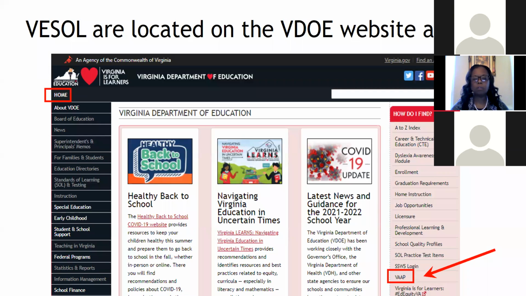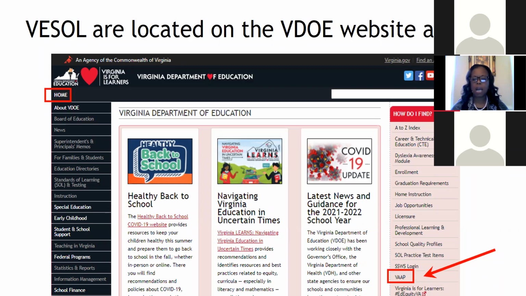Well, the VESOLs are located in the same place. If you go to our home page, and you would get to our home page by going to DOE.Virginia.gov, it's going to bring you to the home page.